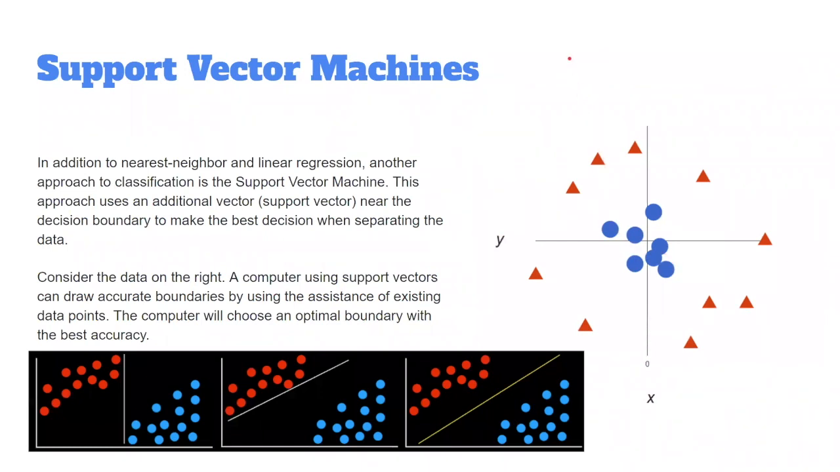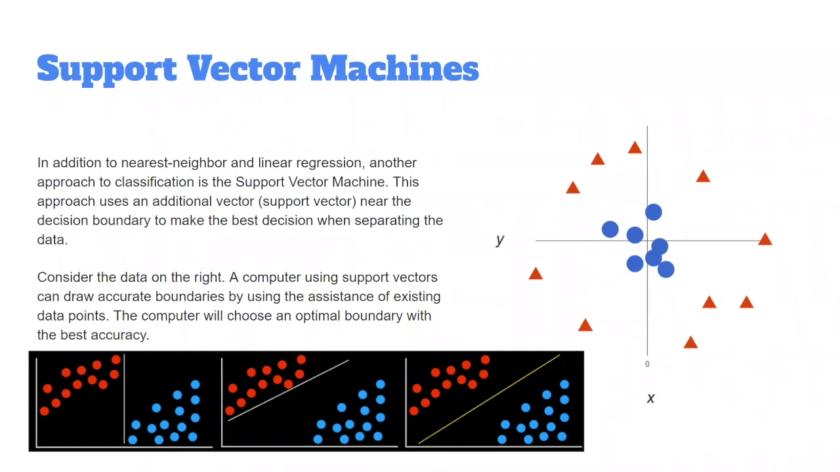Okay, so those two techniques are semi-effective depending on the situation, but one very important technique that can help to make the decision boundary is known as a support vector machine. So in addition to nearest neighbor and linear regression, another approach to classification is a support vector machine. This approach uses an additional vector known as a support vector near the decision boundary to make the best decision